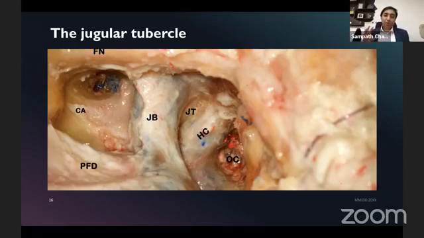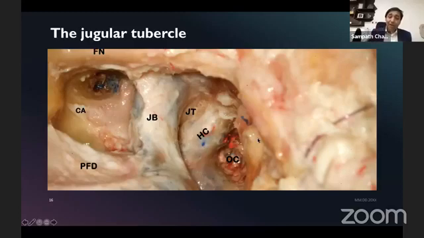Now, I'm just playing a little bit of a trick with you. I'm showing you the jugular tubercle now from a lateral view, from an infratemporal fossa type A approach. I'll show it from a translab approach, and from a retrosigmoid approach. So now this is the lateral approach. You have the posterior fossa dura, the sigmoid complex, jugular bulb, and then the internal jugular vein going down here. The jugular process has been completely removed.